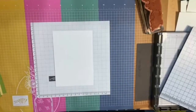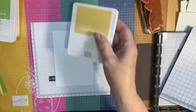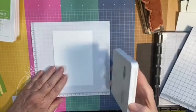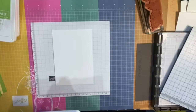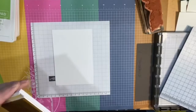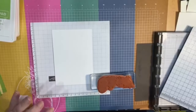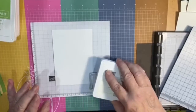So I inked up with, I used the colours. It's good sometimes to use the DSP, which is Designer Series paper. Someone asked me that on Stamping Cafe. What do you mean by DSP? Well, DSP is short for Designer Series paper, which is the paper I just showed you. So I'm going to use a technique called Rock and Roll to get